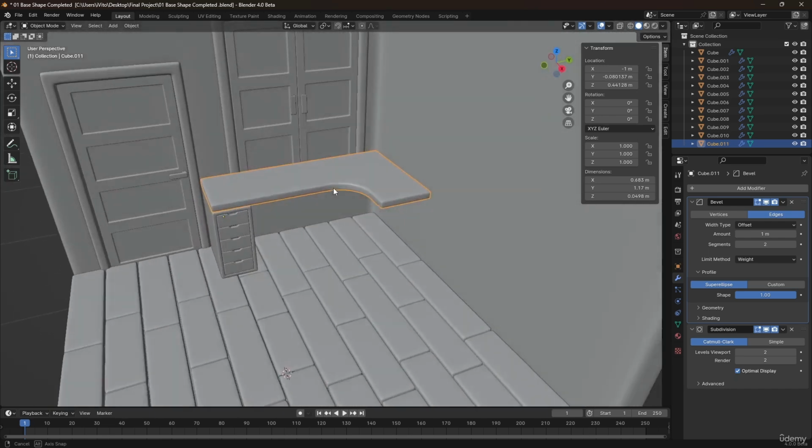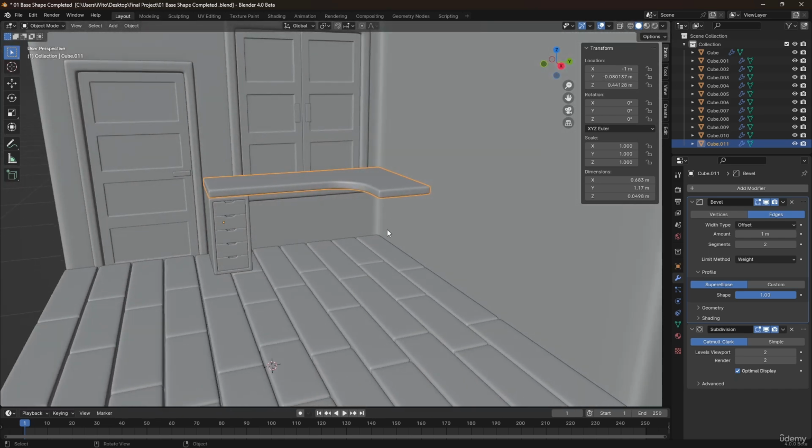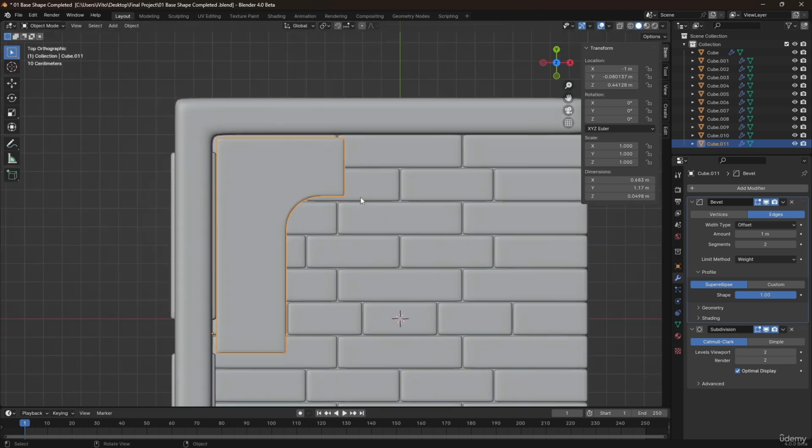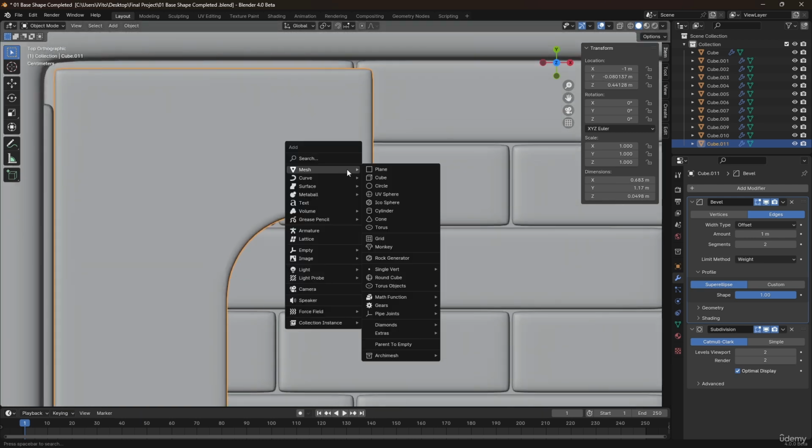And just like that, we have the tabletop. And now we need to create 2 legs for this table. To do that more easily, let's go to the top view. Shift right click on this area so that the new object is added here. And then we're going to press Shift A to open